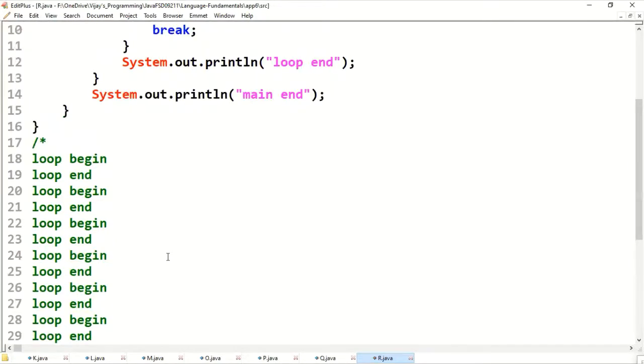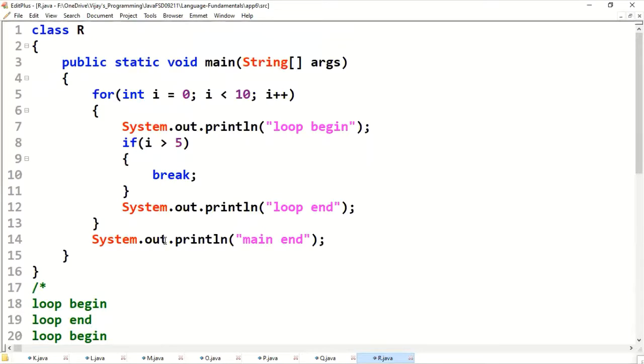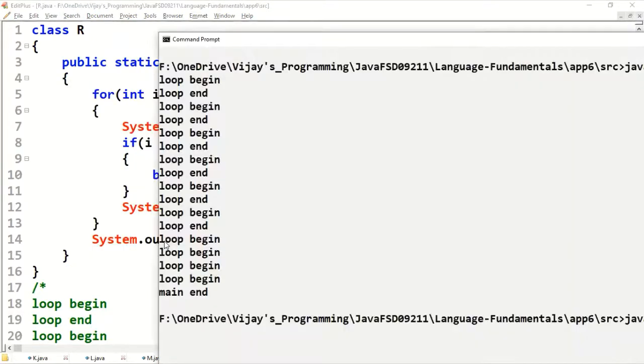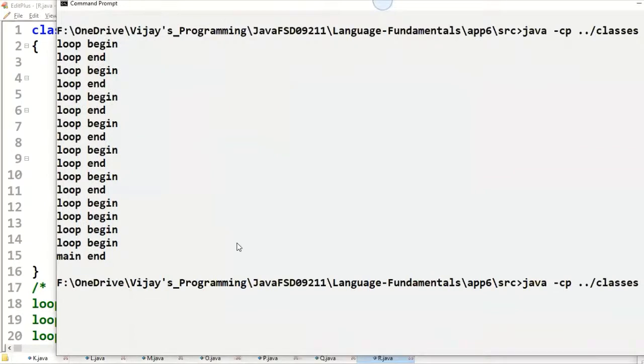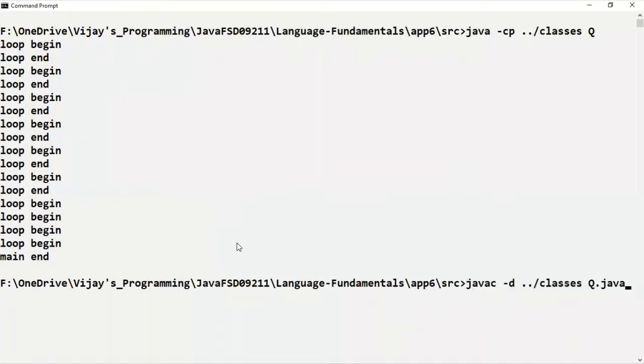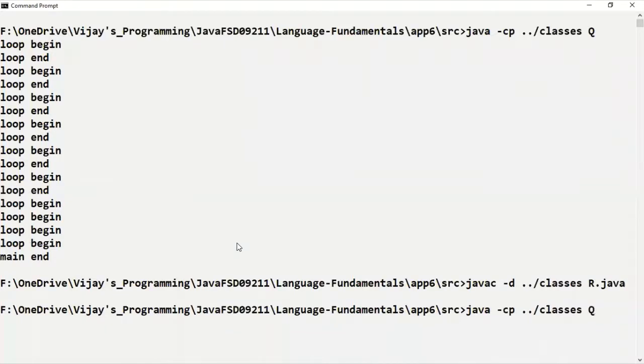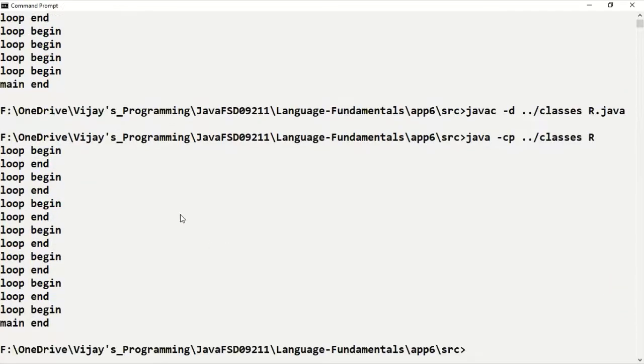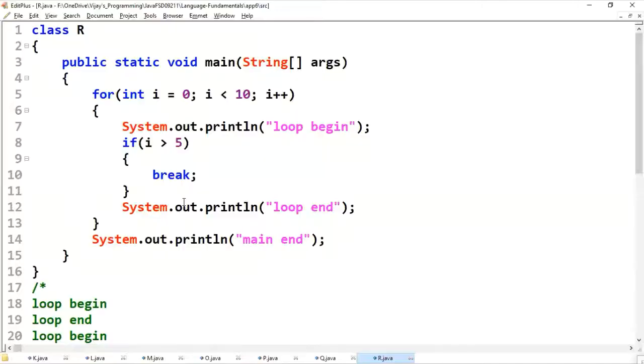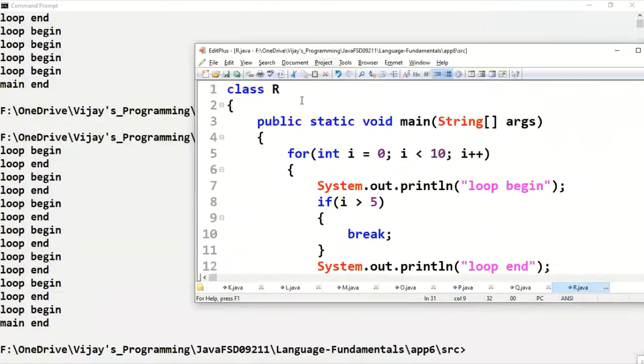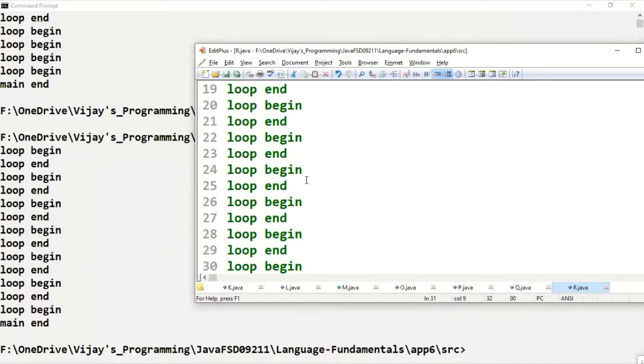That is the use case of break. Compare the output.